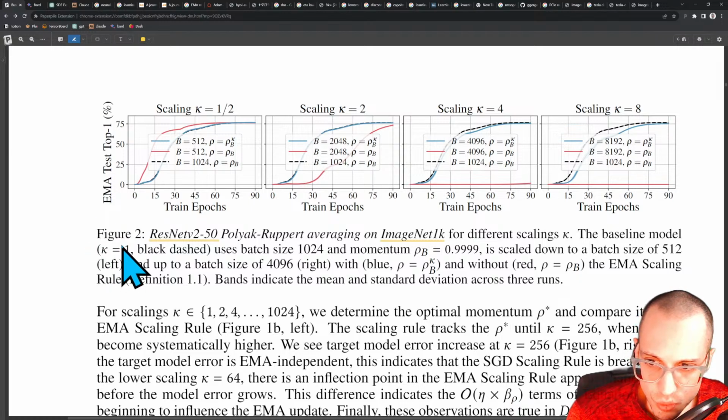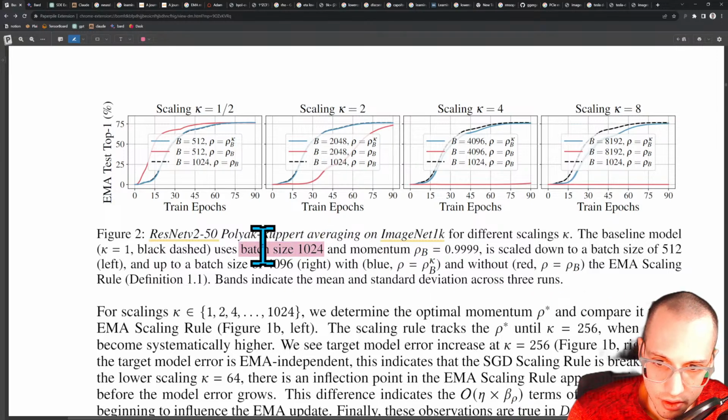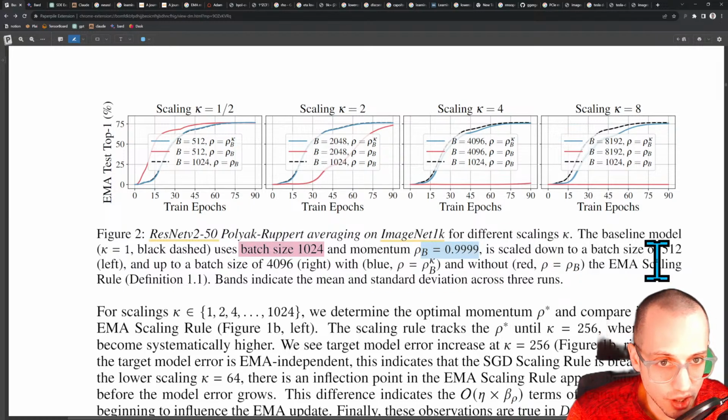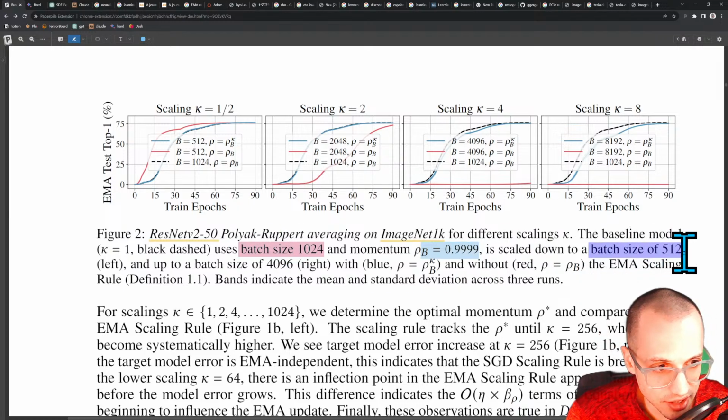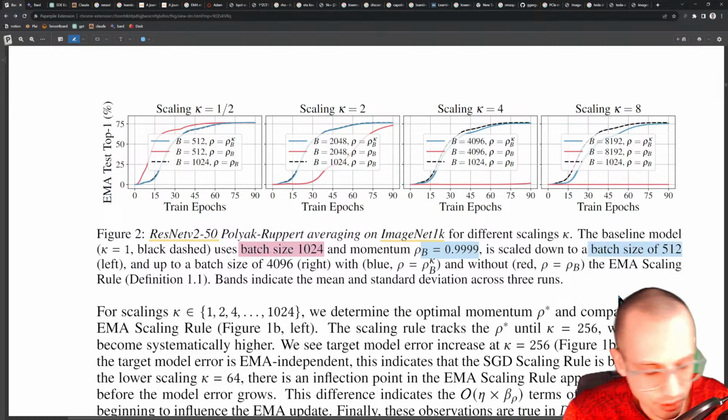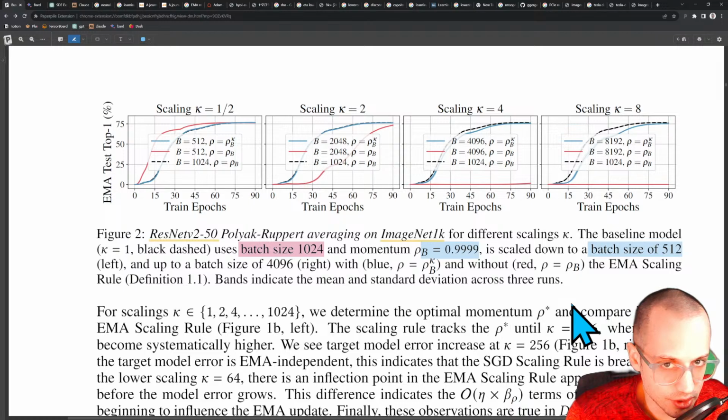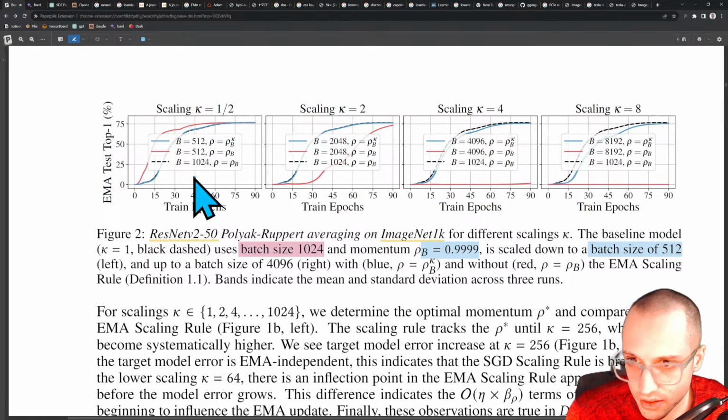So at K equals 1, right, you're using a batch size of 1024 and a momentum of rho equals 0.999. So if we wanted to scale it down to a batch size of 512, right? Now let's use their scaling laws. If we use their scaling laws, how do we adapt all the other parameters? Well, if we scale the batch size down to 512, then K is 1/2, which means that our momentum term should be rho to the 1/2. And if you do 0.999 to the 1/2, you get